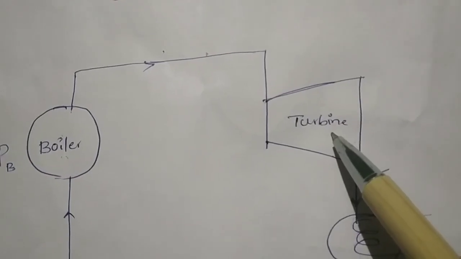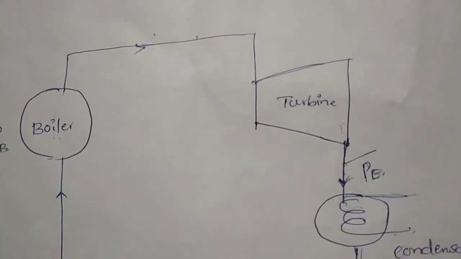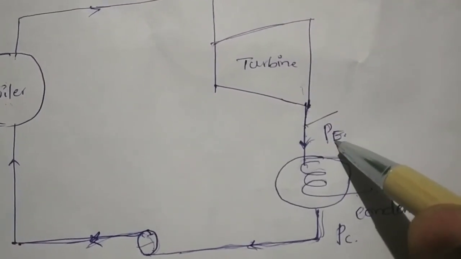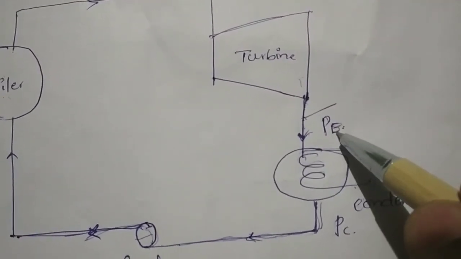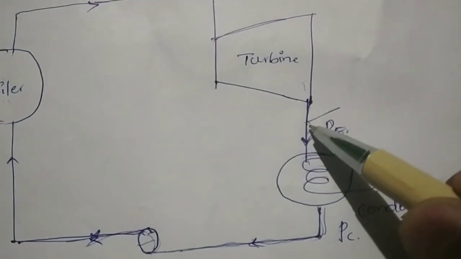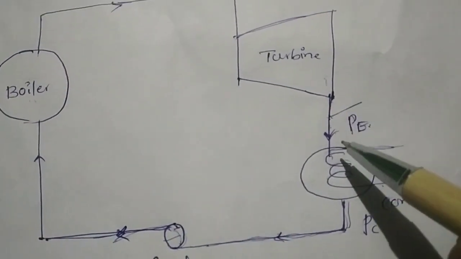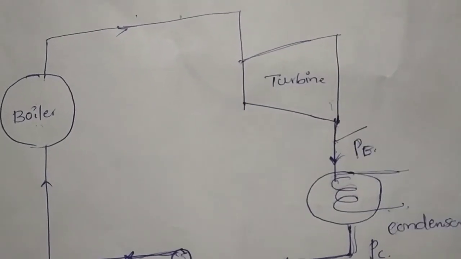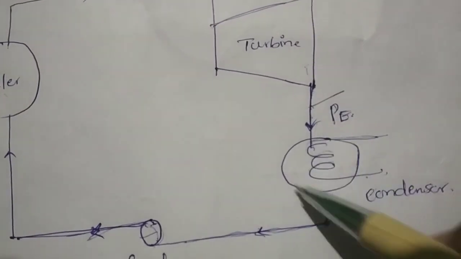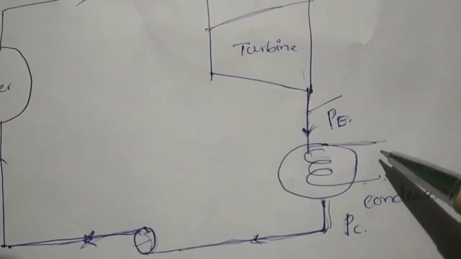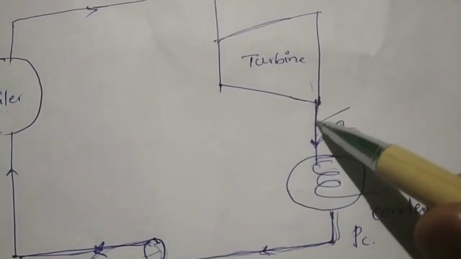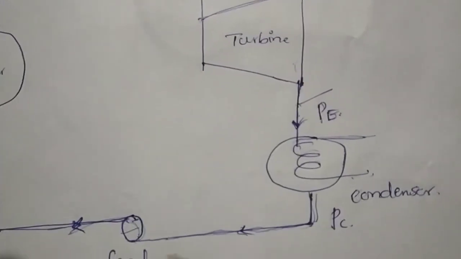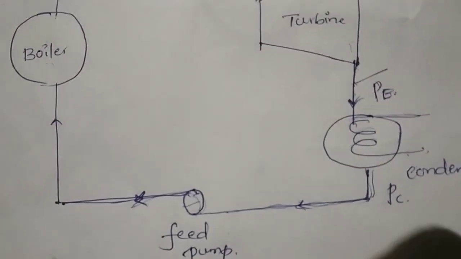During expansion its pressure and temperature change, and whatever the pressure is at the exit of expansion, this steam after expansion consists of some hot water, that is, it is at a high temperature, and then it enters the condenser. A condenser is a device that converts water vapor into water. The water vapor coming from the turbine is converted into water, and that is sent with the help of the feed pump to the boiler.